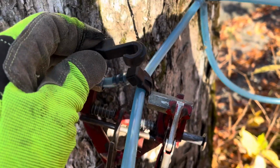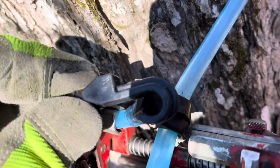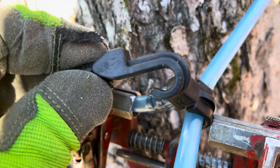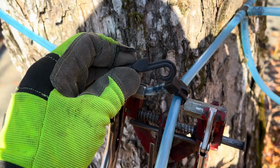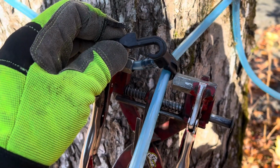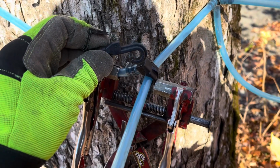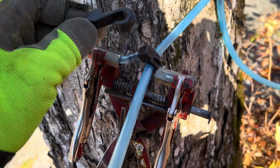So these from H2O Leader, they're much stronger. You can see the support on the back of that one is not very good compared to this. So I've been installing these since they came out a few years ago. Everything new, of course, gets this, and when I'm changing drops now, if the tubing's worthy, I put these in. It takes a little bit of time, but it's not a huge deal. Definitely worth it though, because this